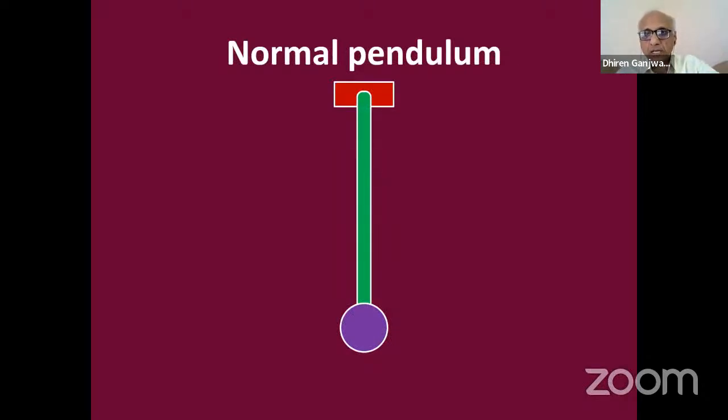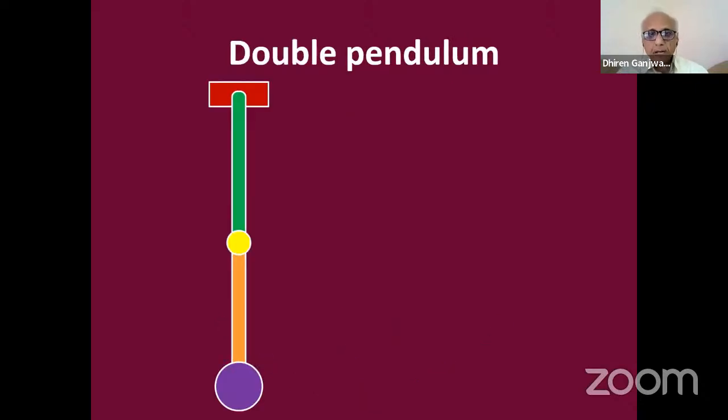It has one hinge at the top, and then there is a slight weight at the bottom. This is how the pendulum moves from left to right. The double pendulum effect is a higher level mechanical concept where there are two hinges, one at the top and the second hinge at the center. So now there are two hinges, and to understand the movement of this double pendulum, let's take that